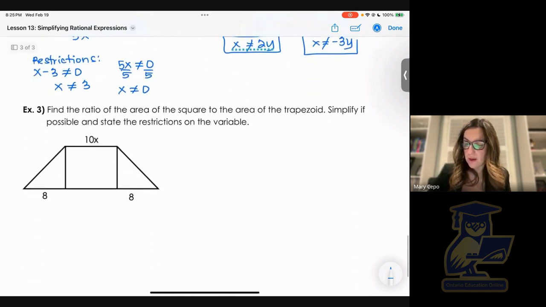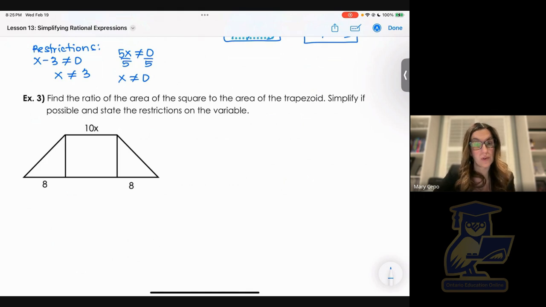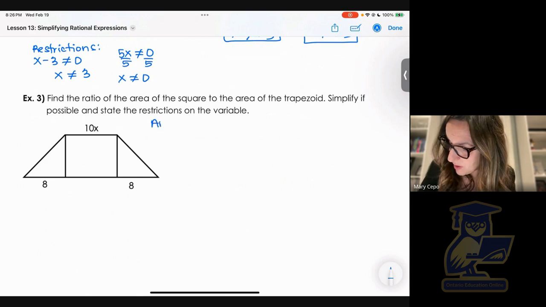Okay, moving on, we have: find the ratio of the area of the square to the area of the trapezoid. Simplify if possible and state the restrictions on the variable. So when we're looking at that, we want to remind ourselves of the different formulas. What is the area of a square, in order to compare the two? So, area of a square